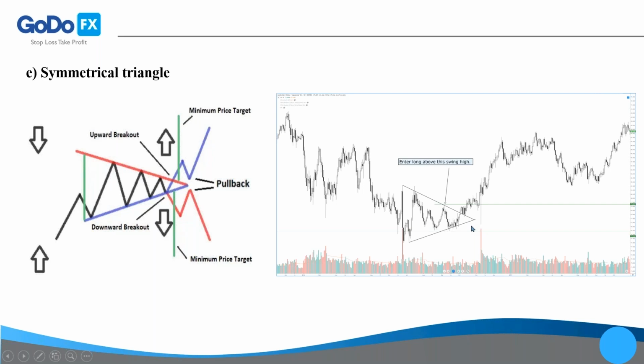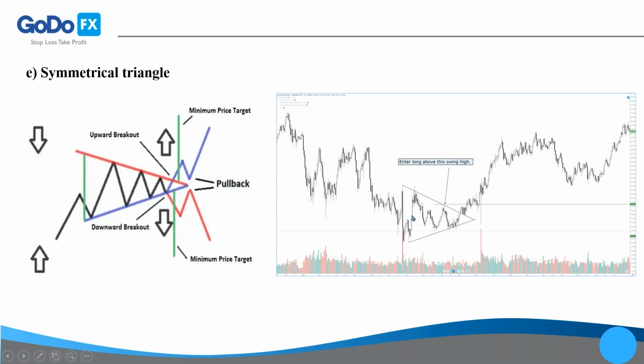If it moves lower than the support line, this indicates that our chart is going to be moving in a downtrend. But if we have a case like our figure here, where the chart breaks out of the resistance and starts moving in an uptrend direction,